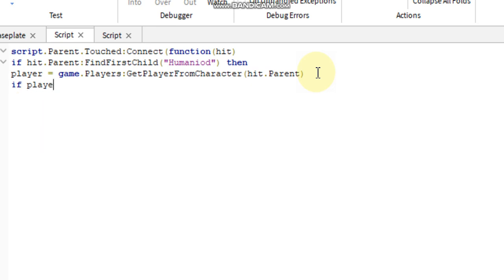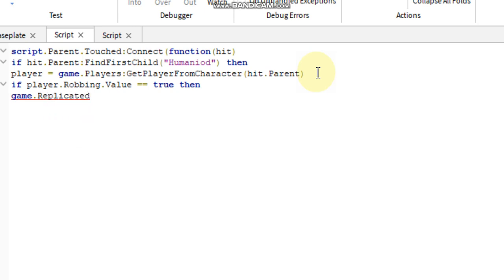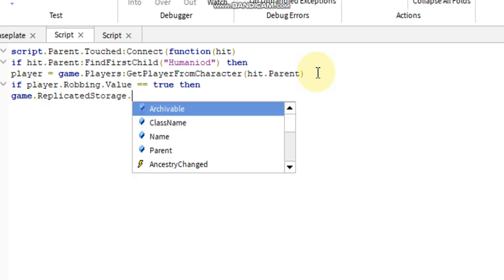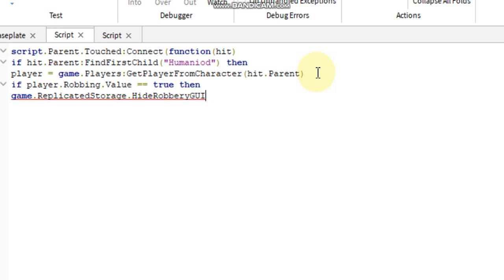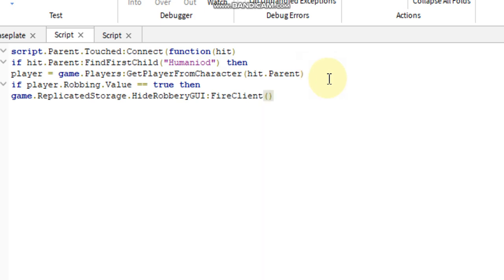If player.Robbing.Value equals true, then insert another line: game.ReplicatedStorage.HideRobberyGUI:FireClient, and after we do that, for the player,